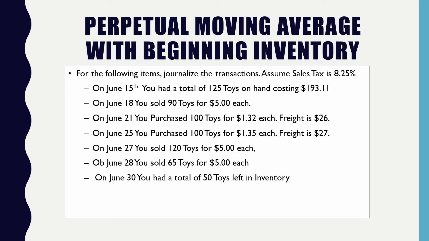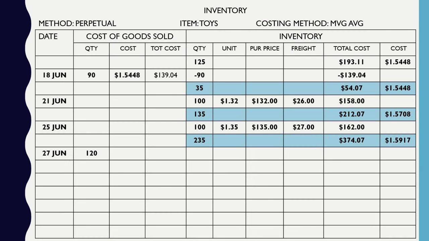So then I end up selling another 120 units. Okay, so for 120 units, I need to take my average cost of 1.5917, and that's going to yield me a total of $191.01. So therefore, I need to subtract that out. So now I'm left with 115 units at a total cost of